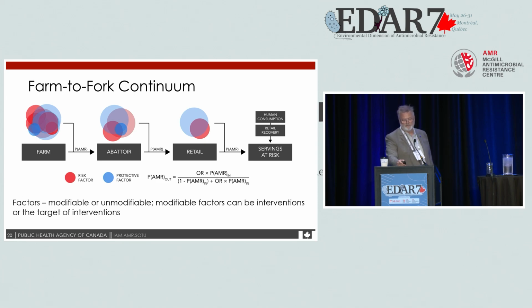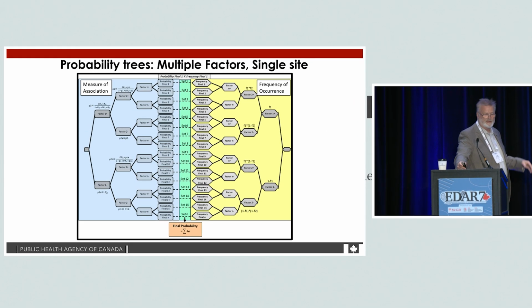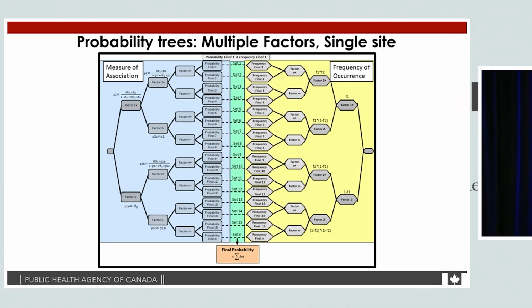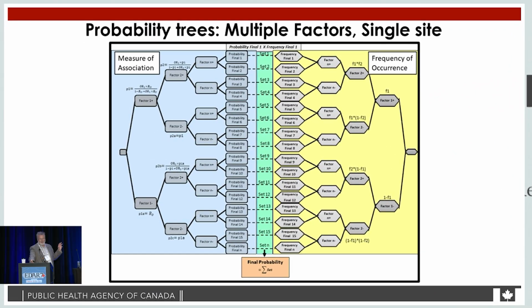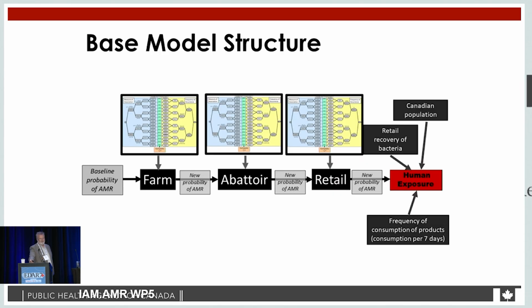So some kind of conversion into an odds ratio. And those are just multiplied through the model, through each node, starting with an input that's derived either from surveillance or the literature, the input at the farm level. So it's basically a branching probability tree model for each node, and it just knocks on through with the odds ratio, again, dividing and subdividing, and then being summed up back up at the end. You apply that to each node along the way, and then get some estimate of the human exposure.